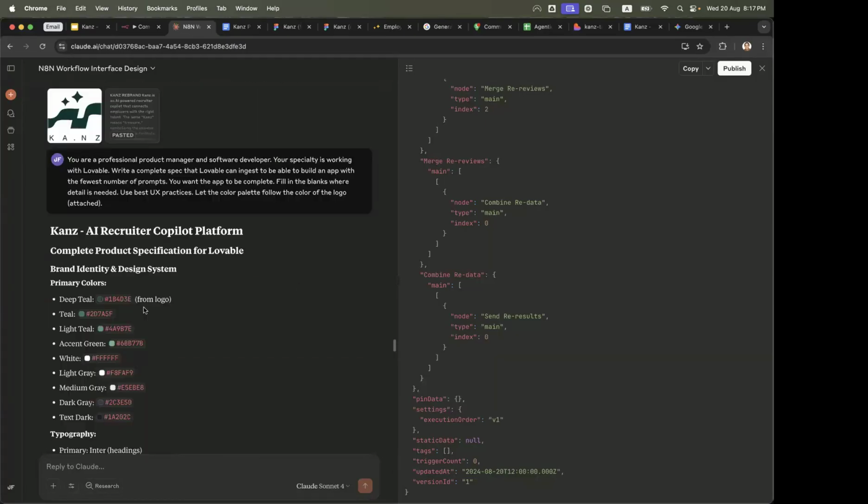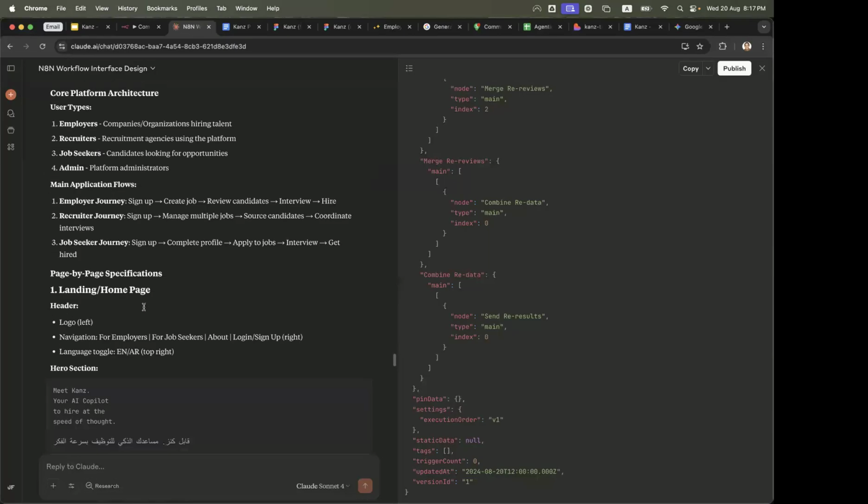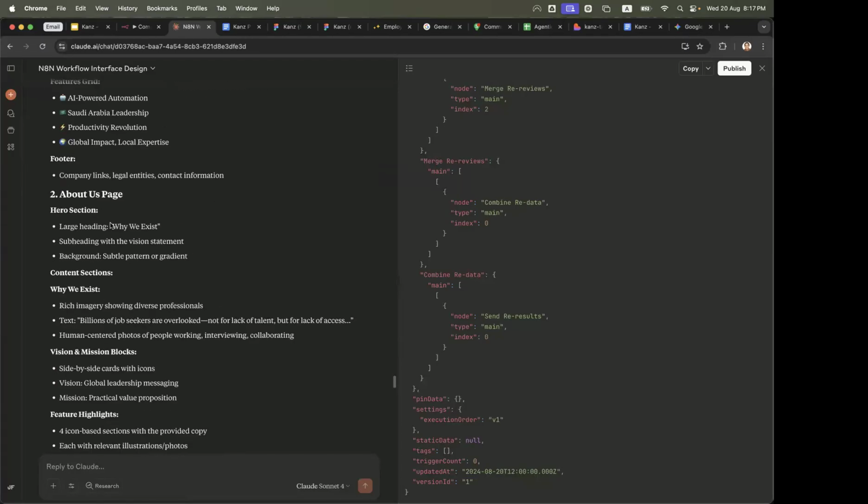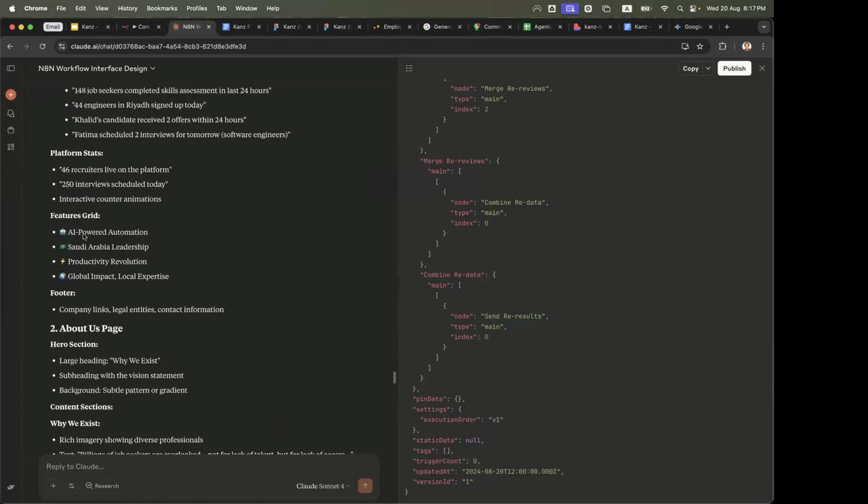1, 2, 3, 4, 5, 6, 7, 8. So it's just literally going through step 1, landing page, the design system, landing page, about us page. No, it chose to make an authentication flow first. It took this information, broke it down into a better prompt. Well, of course you want to log in and log out. That's the first thing you do, especially for the database. It's quite important.